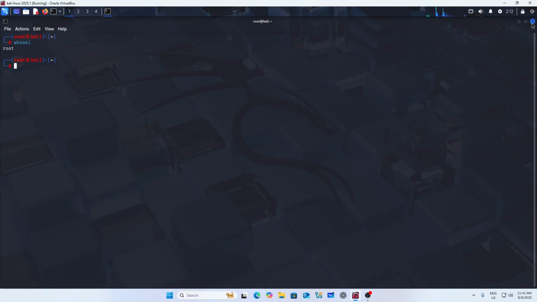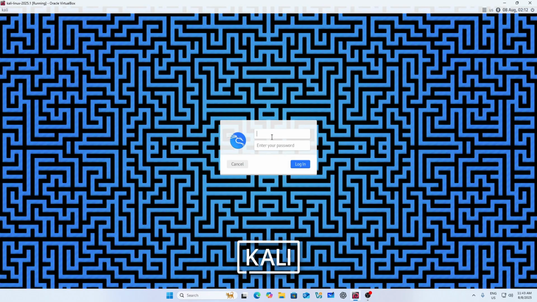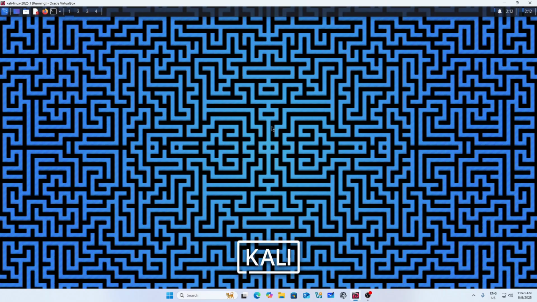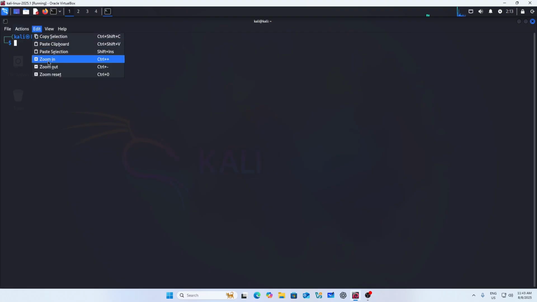For locking, let's log out from here. Again log in with the Kali user. Once you log in with this user, now I am going to lock this user. So how to lock the user? To protect the root user, you can lock this user. How can you lock this user? Simply type here